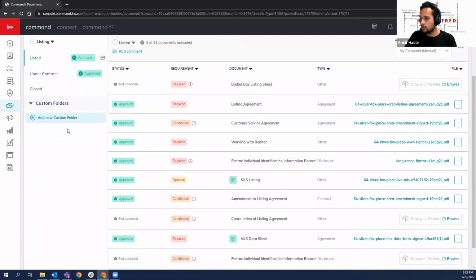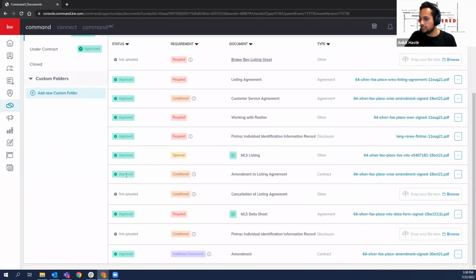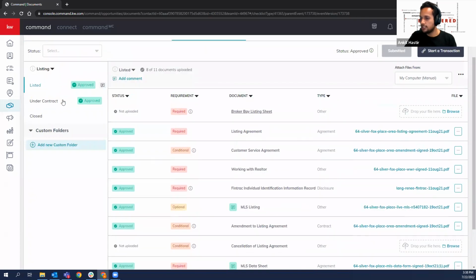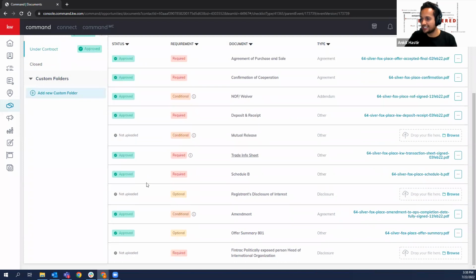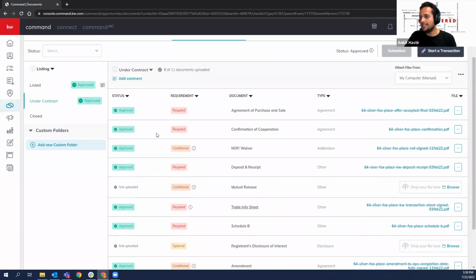And if they had any comments, they put the comments here, right? And you can see all of the documents are approved, and I can see everything is approved. So I can see exactly what is the status of my listing. Now, in case there was an issue with, let's say, the agreement of purchase and sale, and there was a signature missing, the error will come as rejected instead of approved,